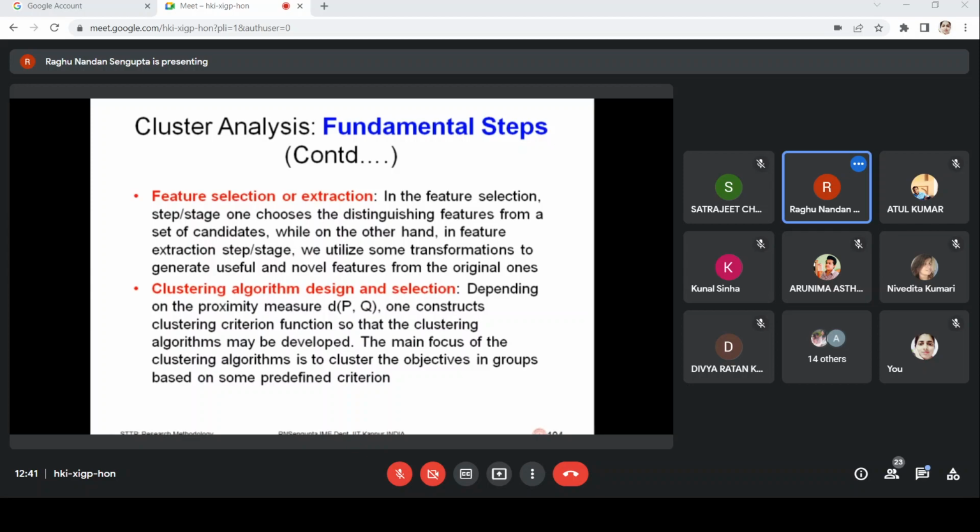So you basically have to design a proximity measure. That proximity measure basically deals with some correlation concept or some distance measure. I'm talking from a mathematical point of view. So distance measure need not be a straight line measure. There can be other distance measures also. There can be distance measure between centroids, distance measure between medians. There can be